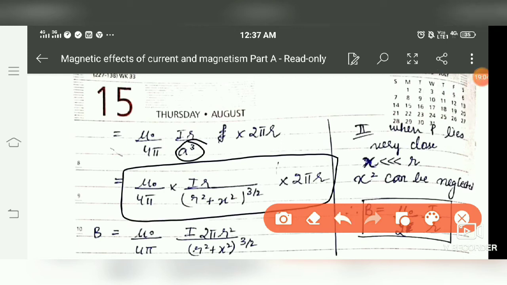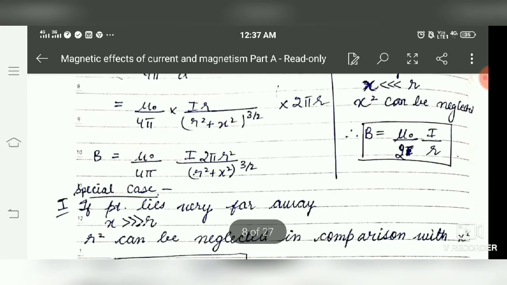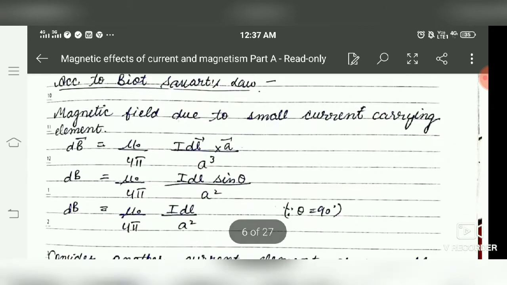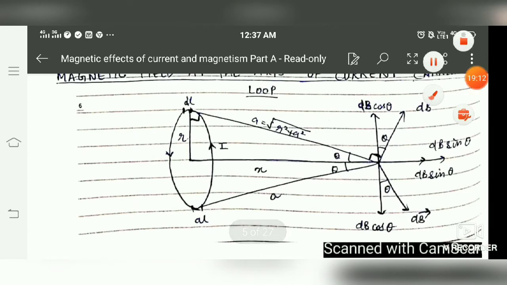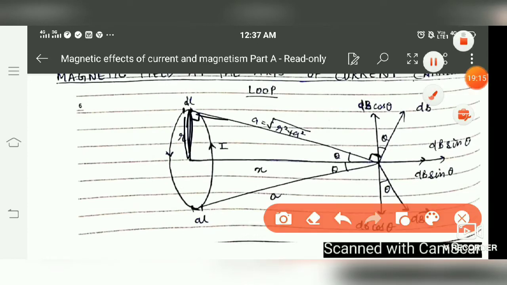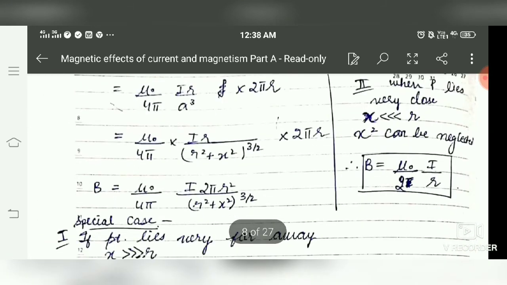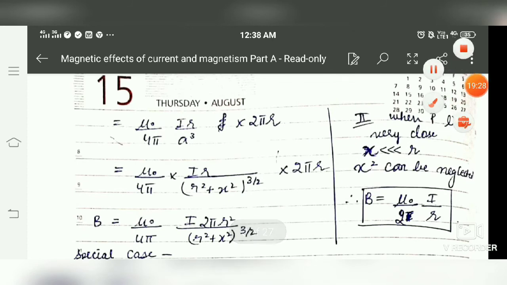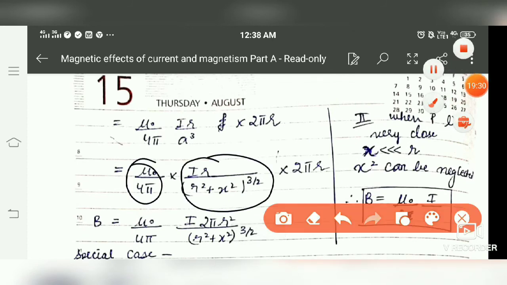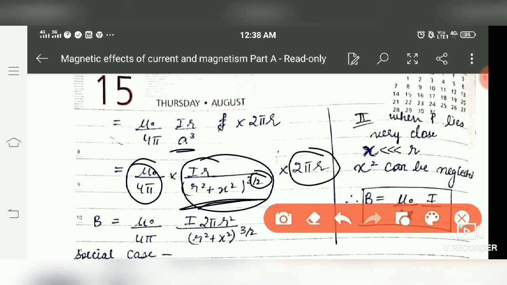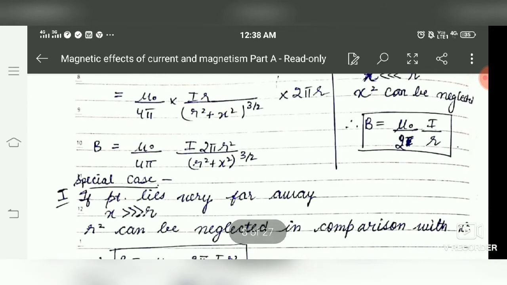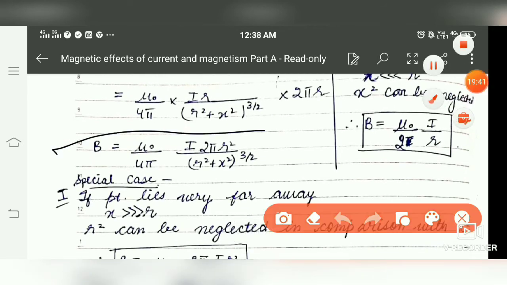Now one thing, it has taken this as r, this as r, and this as a, as we have to take the distance. So a is the distance here, that's opposite to r notation. If we would go for r notation, then we have r square or r cube. So this is mu naught upon 4 pi I. Instead of a we can write this raised to power 3 by 2 into 2 pi R. So by solving it further we get the square of this here.